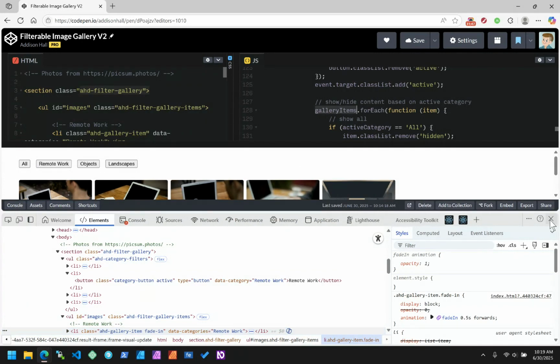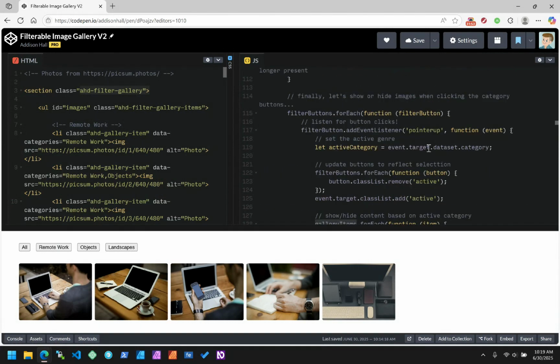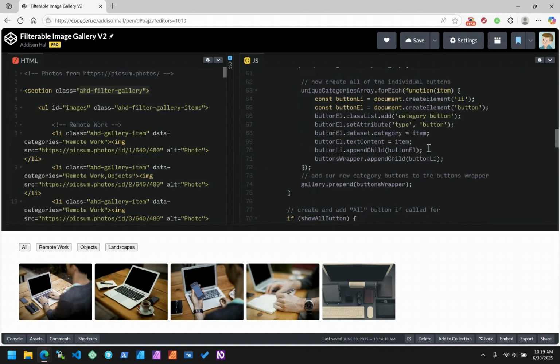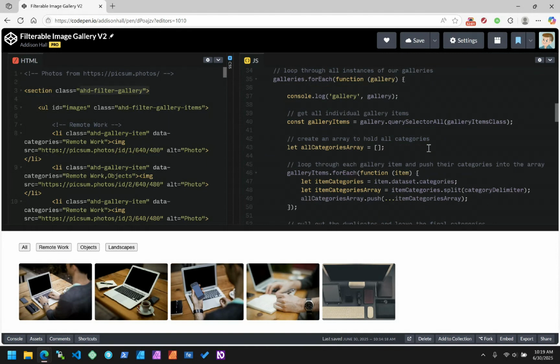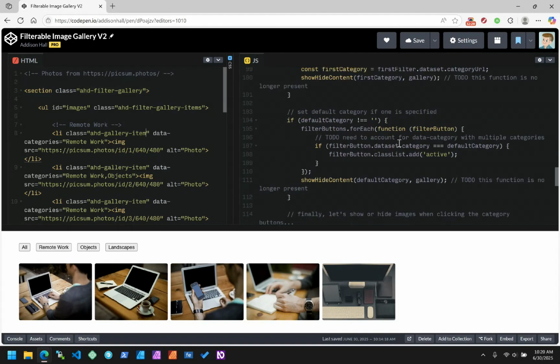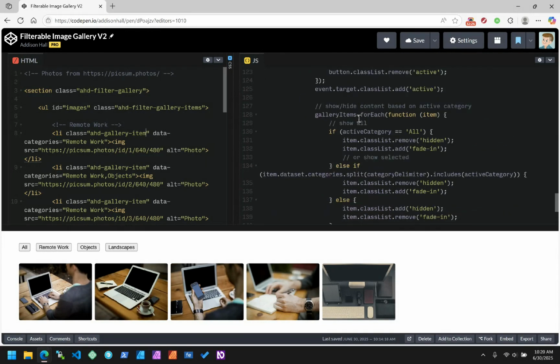Where did we reference that? Because this video needs to be longer. Gallery items. Where did we reference that? Right there. So within our gallery loop, we have an instance of gallery, and we're saying within this gallery, querySelectorAll and grab all of the gallery items, which is each one of these list elements. Okay, so back down to the bottom. Yeah, okay. So for each gallery item,